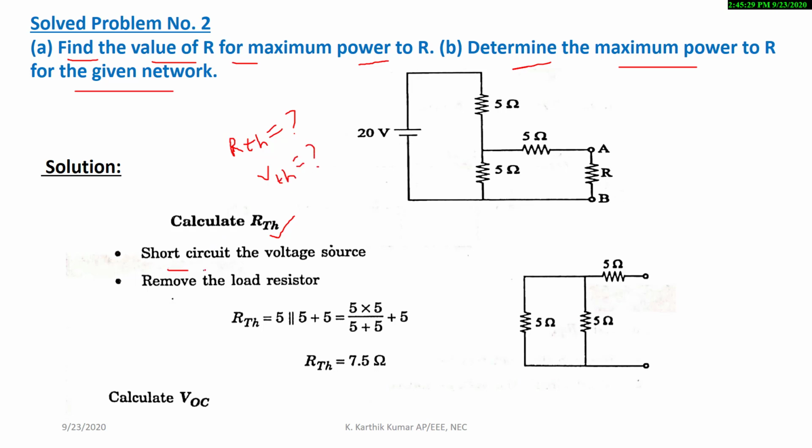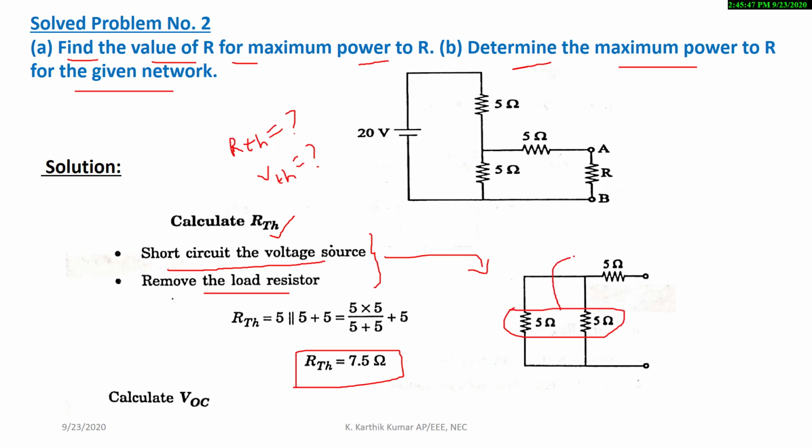For that we have to short circuit the voltage source and remove the load resistor, and we will get the RTH as 7.5 ohm. Okay, this is the circuit. When we do these two operations, the circuit we get is like this: 5 ohm, 5 ohm and 5 ohm. These two 5 ohm are in parallel, and that is in series with this 5 ohm. And you have to calculate the VOC,